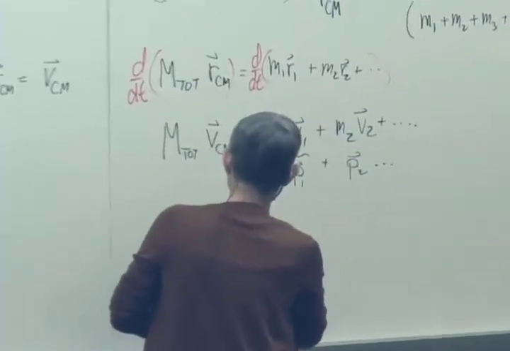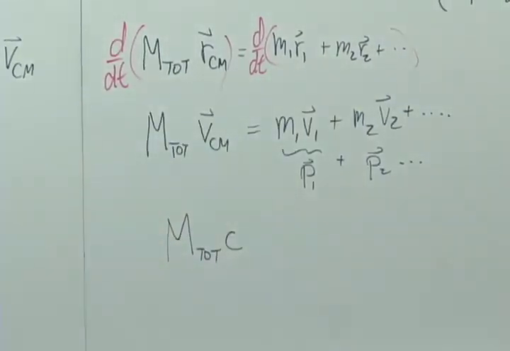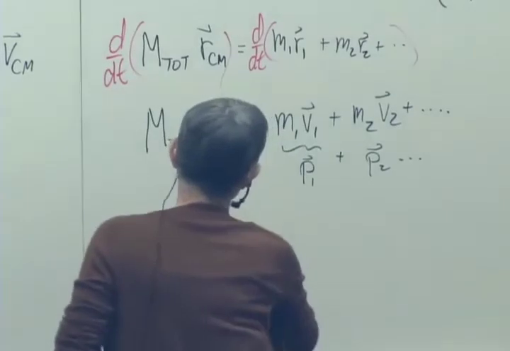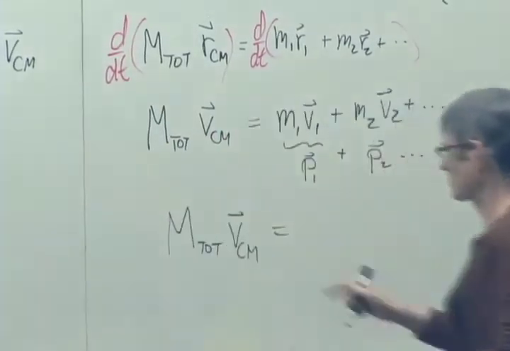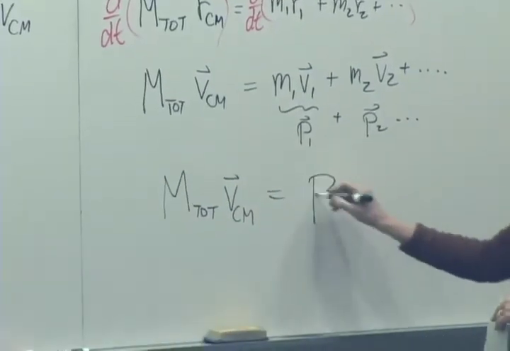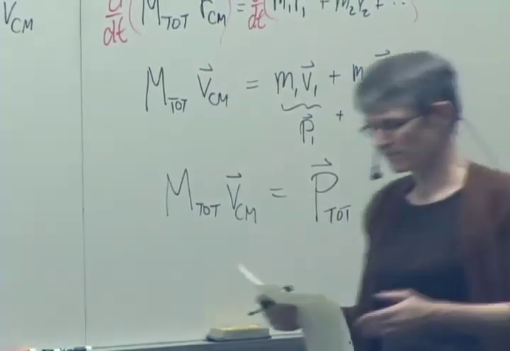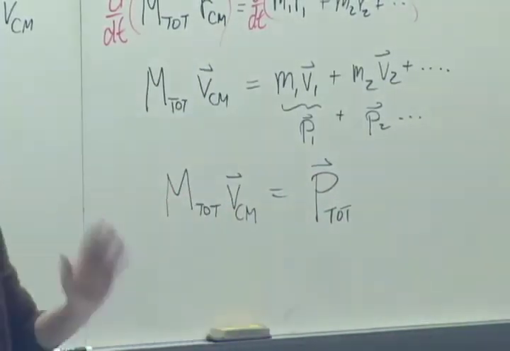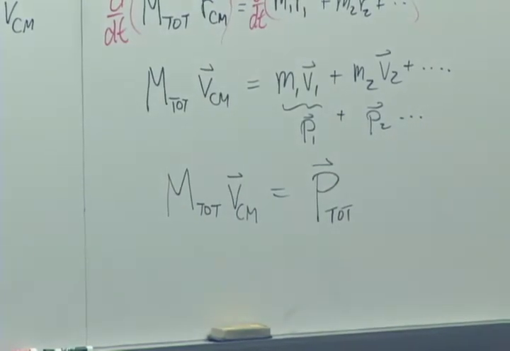At speeds small compared to the speed of light, we find that the total momentum of the system can just be written as the total mass of the system times the velocity of the center of mass. That's not entirely obvious,